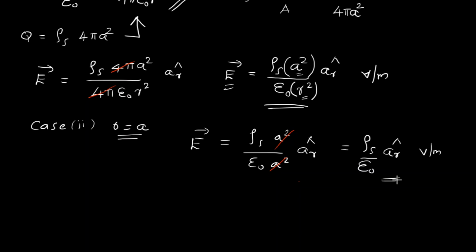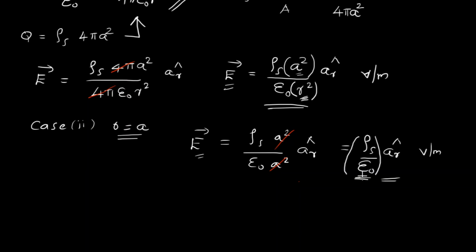So here you can see, when I have my point on the shell, it does not depend upon the radius. So I can assume that this is my maximum value of electric field intensity, is it not? Because in the previous case, when the point P was outside, it was inversely varying with R square. So more the R, lesser the field. Here I don't have any variable quantity: epsilon naught is a fixed quantity, rho S is a fixed quantity. So the electric field is a fixed quantity, and this is the maximum value which I can obtain.